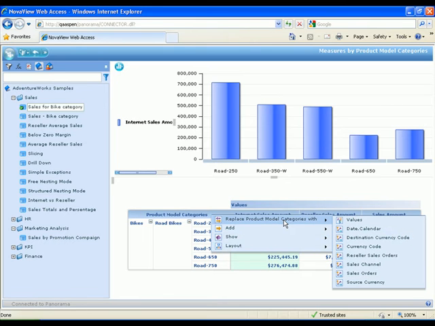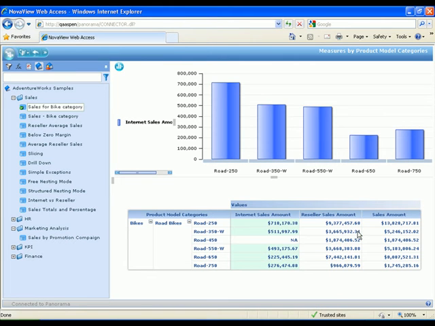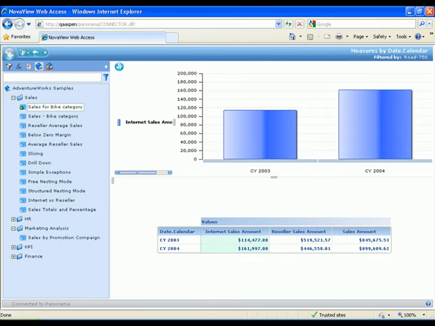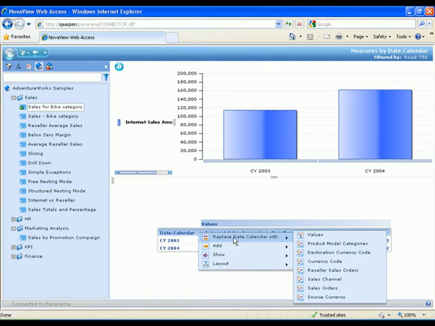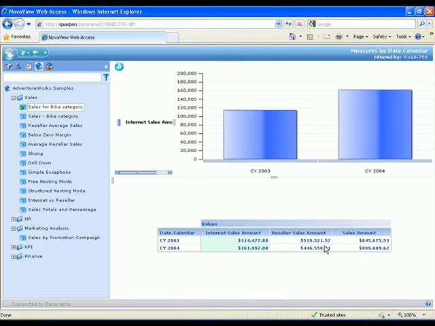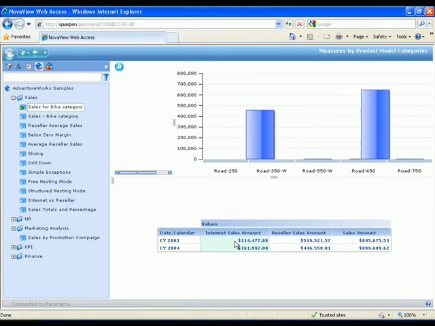Let's, for example, replace this dimension. Instead of product model category, I want to see, for example, a date. Click on a date, and the dimension from the y-axis will be replaced with a date dimension. Let me just switch back to product dimension, because I want to show you how to drill down to the